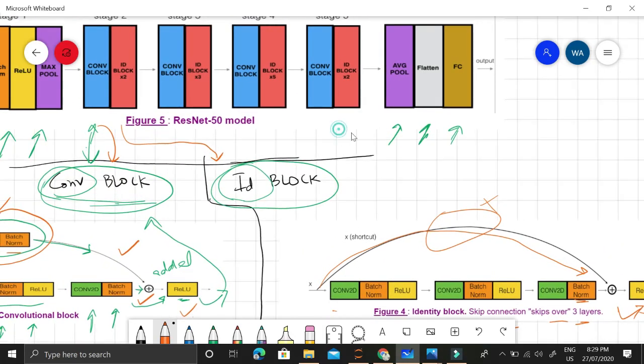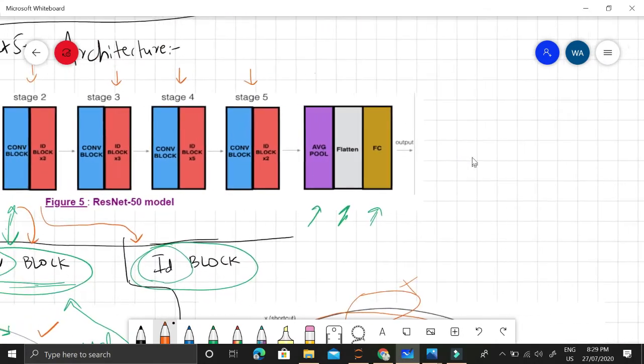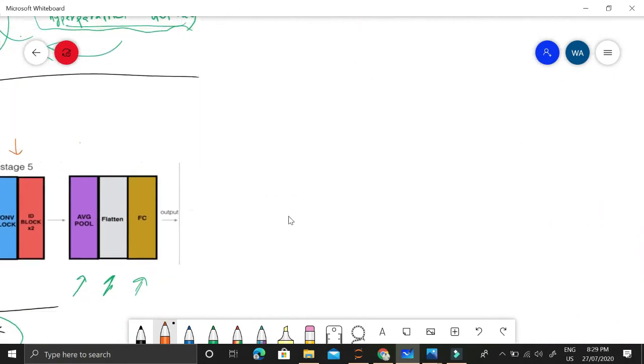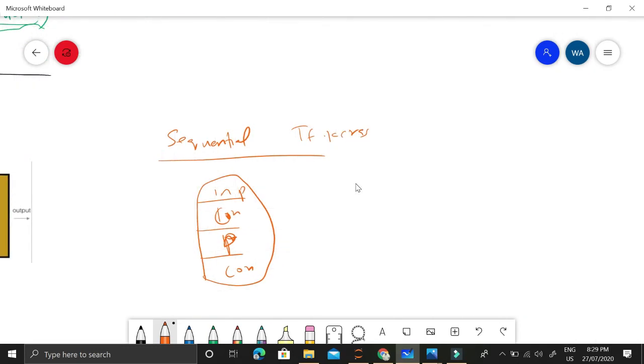Once that is clear, the whole encoding part is also easy. But before that, let me show you one more thing. In the previous video, I explained the Sequential API of TensorFlow Keras, where layers are added one upon the other: input, then conv, then pooling, then conv. This is what we talked about in the first video of this playlist. But there is also a Functional API, which is even better to use here.